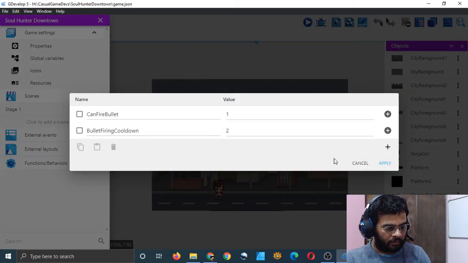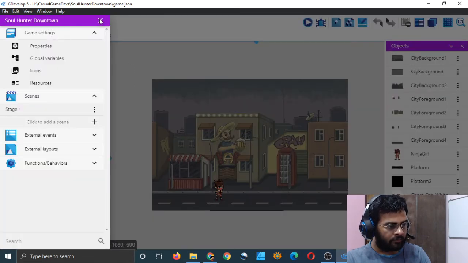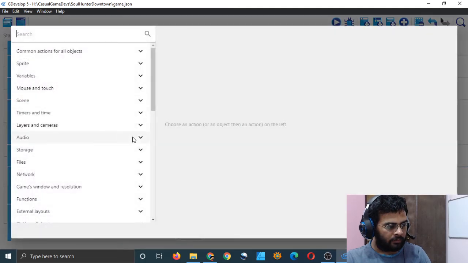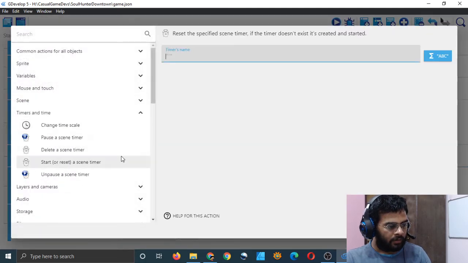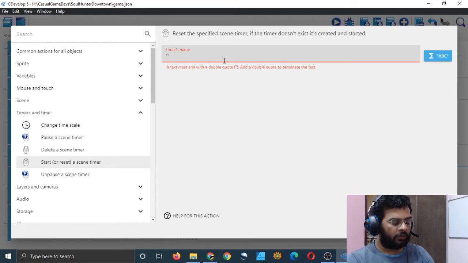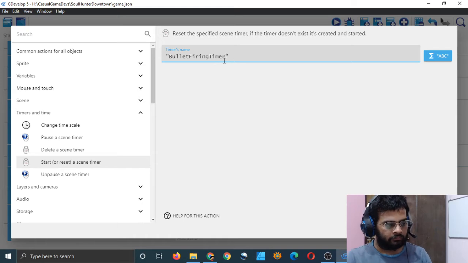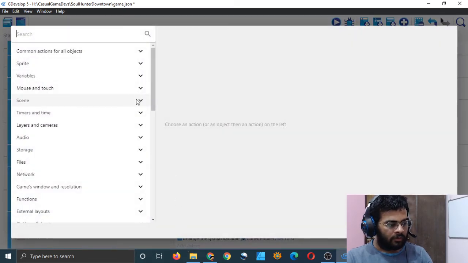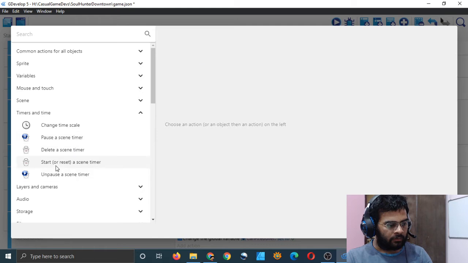Global variable. There's just variables. So I think I will just create the timer. Timer start or reset it. I will call it bullet firing timer. So the timer has been started, and here also I will start bullet firing timer.